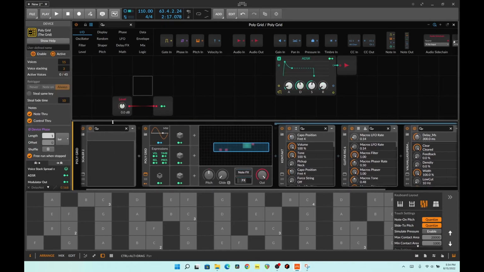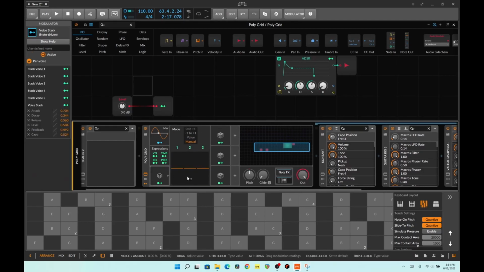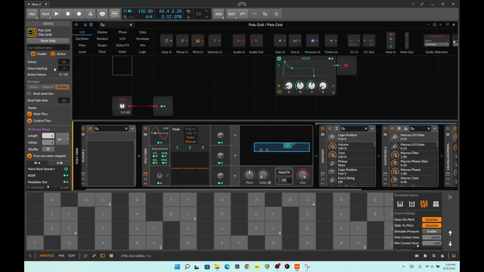So in here, this voice stack has this partner sort of modulation that goes within the PolyGrid. Basically, when you modify stuff, it can modify it 3 different times or 5 different times, depending on what the value is here. So you'll have 3 different modulations going at the same time in parallel, which is pretty cool. So what that allows me to do is hook up